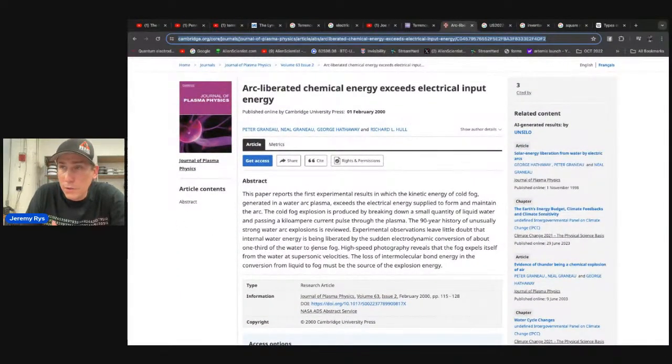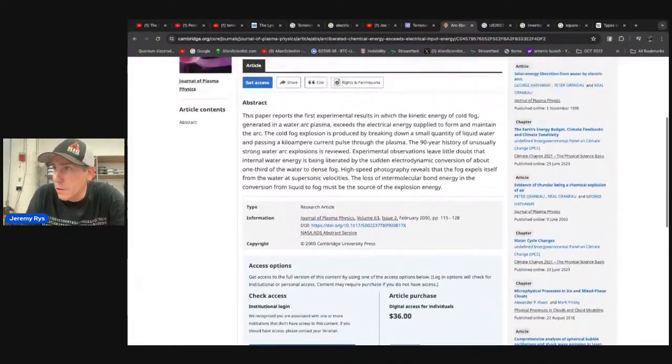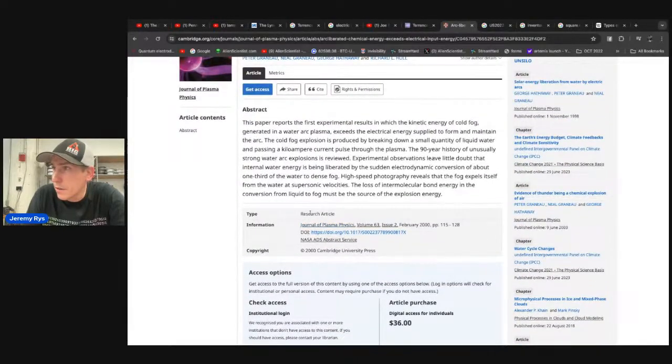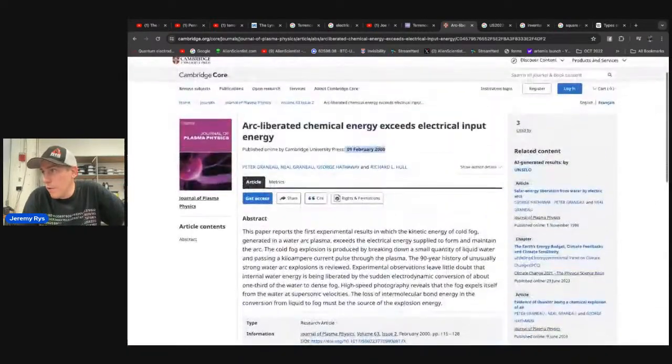And there's actually experimental results for this, which is interesting, that arc liberated chemical energy exceeds electrical input energy. And this is from Cambridge University Press in February of 2000. And I believe this has been Journal of Plasma Physics right here. So and this is NASA. So they've done this, and I'm aware of people doing this, and of energy machines, like claims of, like Stanley